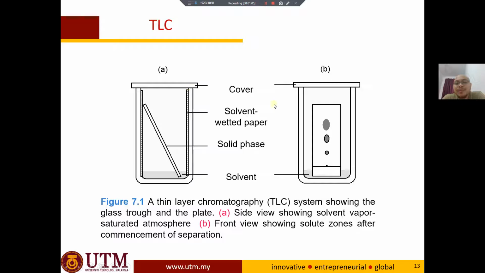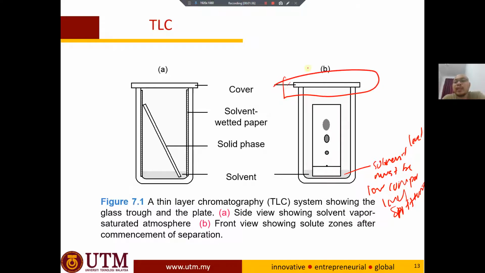So the question that can be asked: why must the solvent level be low compared to the level of the spotted sample? That is the kind of question that can be asked. So I would like you guys to be able to answer. I will leave this question for our discussion later on. And the other question, why we need to put a cover,